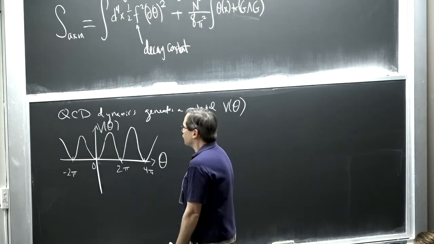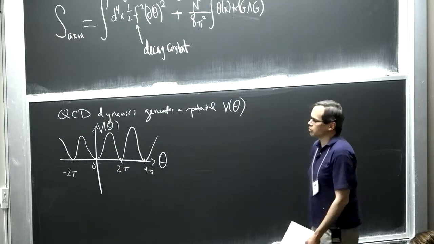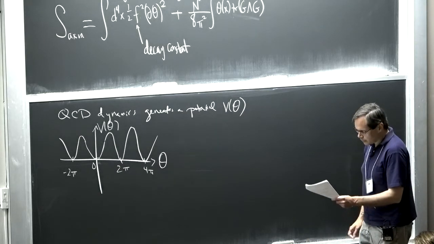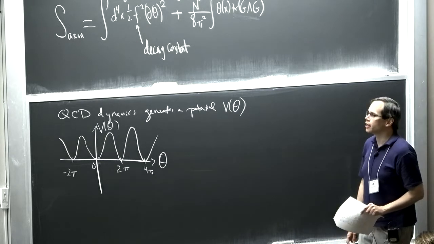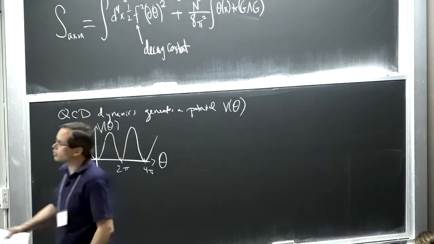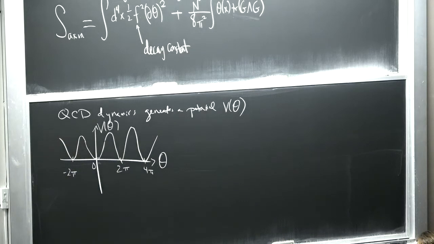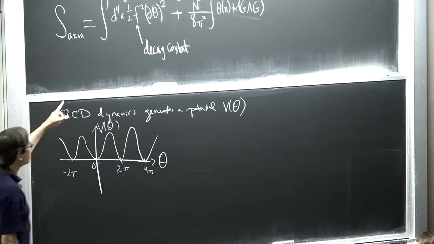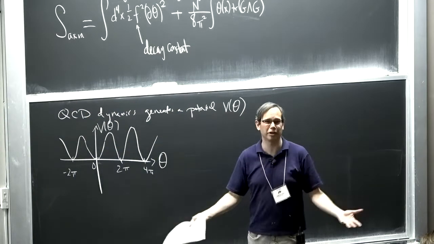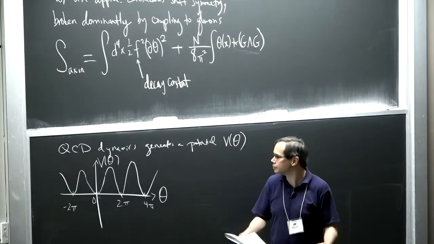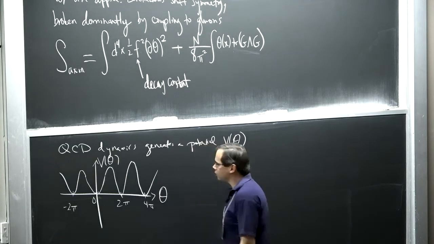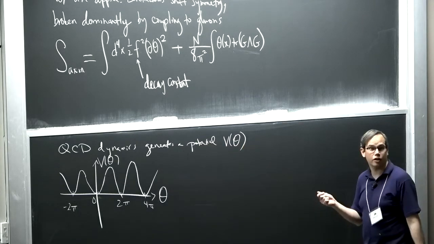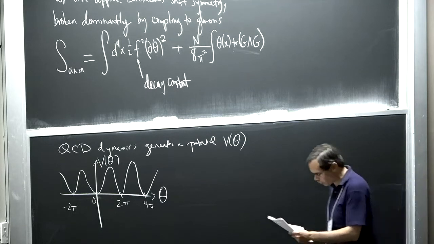Okay, so I've told you that QCD dynamics generates this potential. We can actually calculate this potential pretty precisely, and that's kind of surprising, because I already told you that it's hard to get from this theta term to something like the neutron EDM, because there's strong dynamics and we can't really calculate. You might think the same thing is true here, right? We coupled it to gluons, there's strong dynamics. How are we possibly going to calculate? But in fact, there's a clever trick, and it relies on the thing we were discussing at the end of the last class, which is the chiral anomaly. So here's the trick.